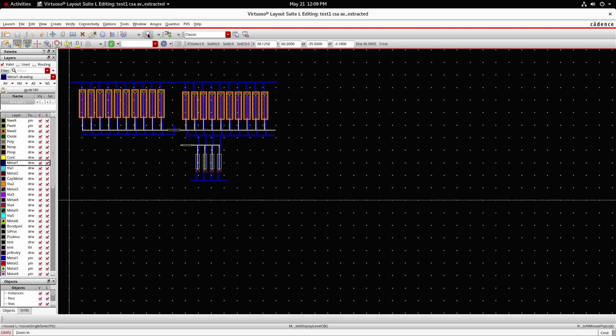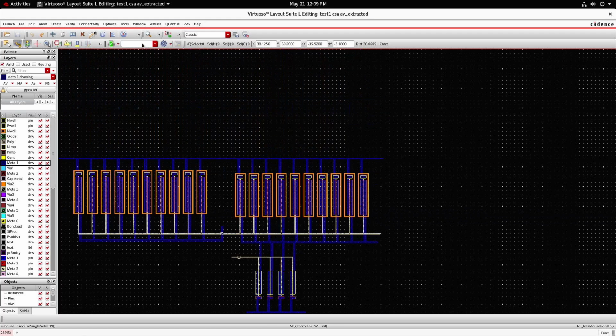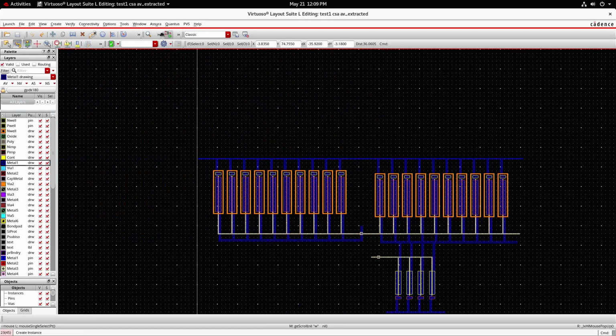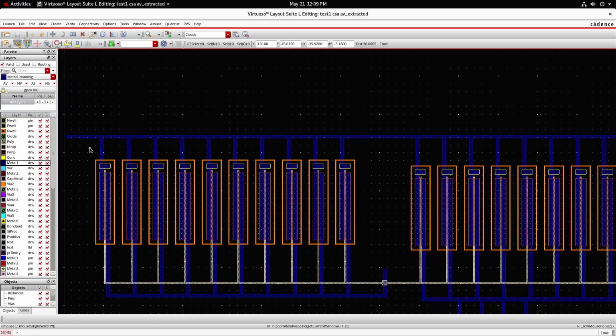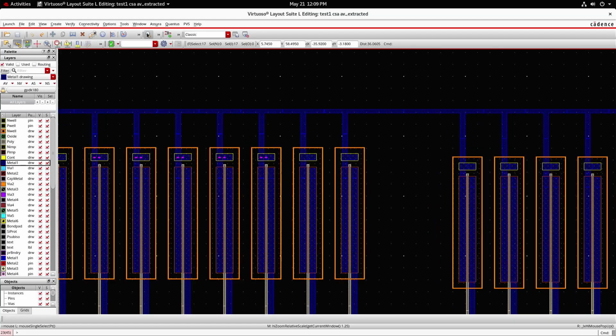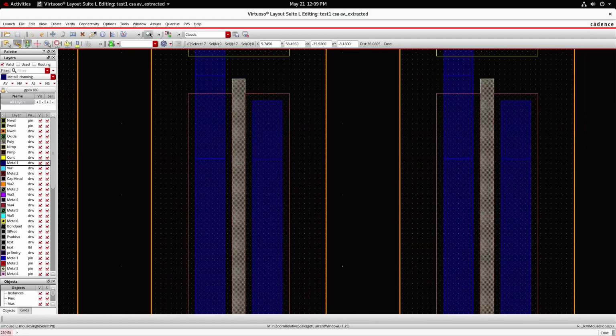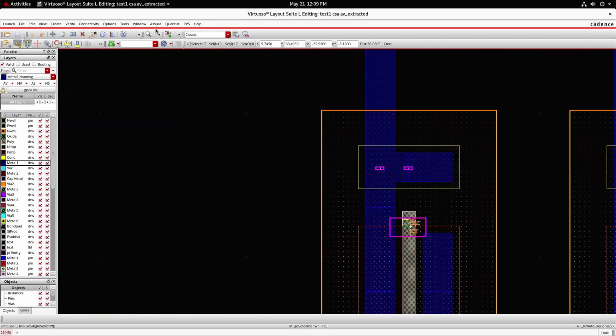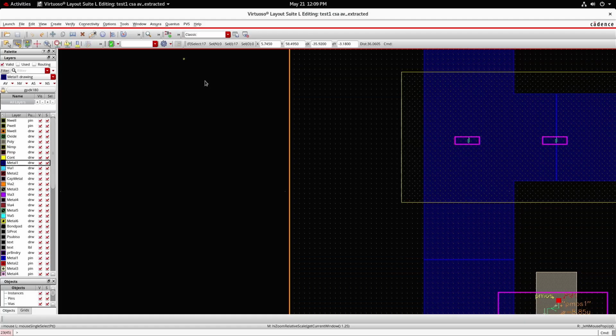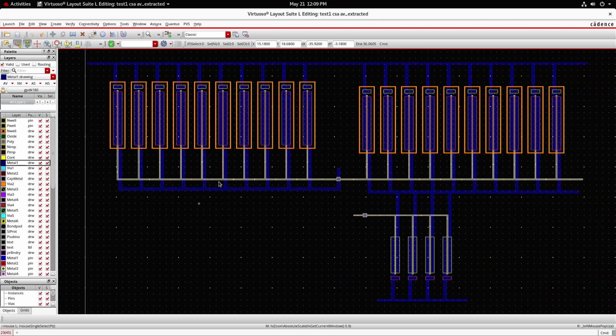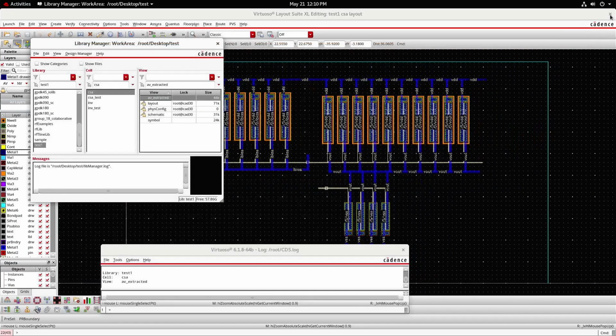If you zoom in, you can see the R and C values of the corresponding transistors. Representative resistance and capacitance are shown here. This is just to give you an idea of the R and C values. After this, you close both the av_extracted and layout views.